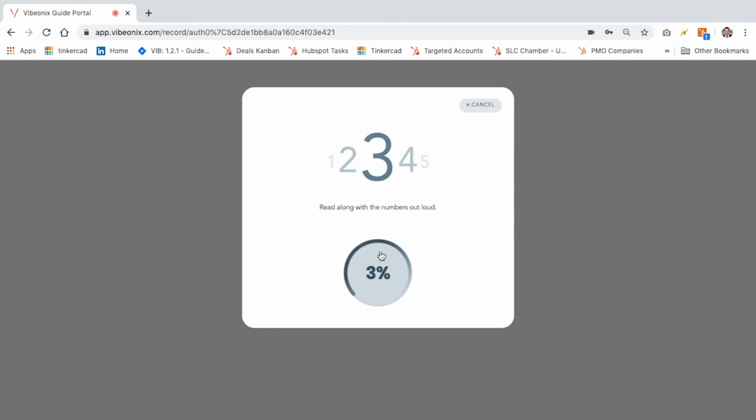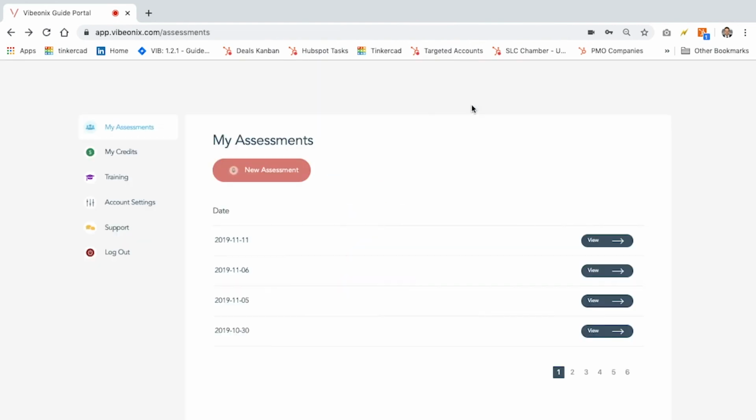1, 2, 3, 4, 5. Now, ordinarily, this would prompt me to count from 1 to 100. I'm not going to do that right now because if I do, it'll consume an actual assessment credit, which out of respect for the application owners, the client, I'm not going to do that right now. So I'm going to click cancel, pretend that we finished that assessment, and then I'm going to view the previous